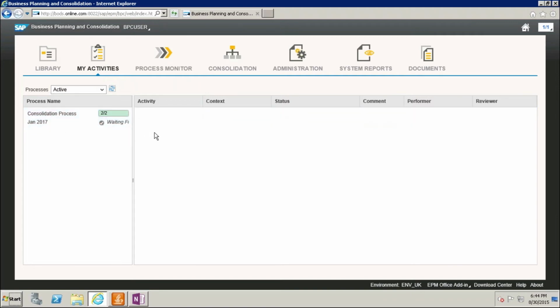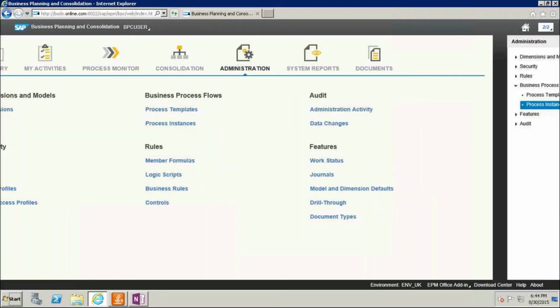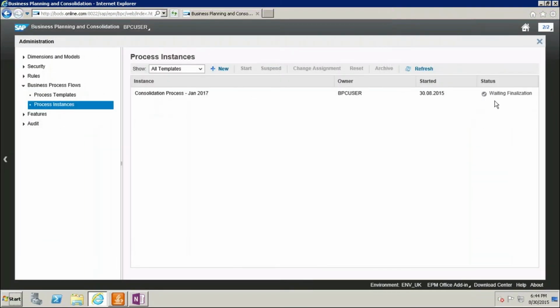Waiting for finalize. Come to the admin process instances. Yeah, here, waiting for finalize.